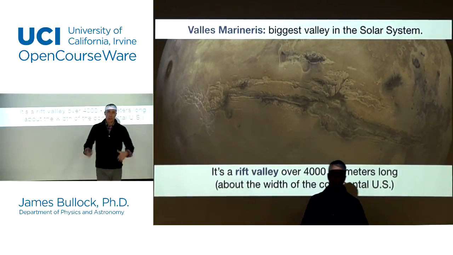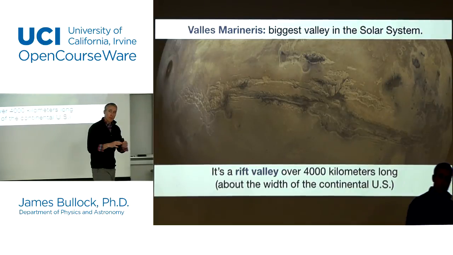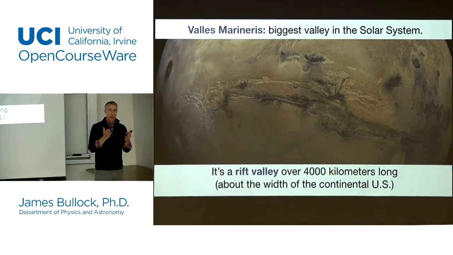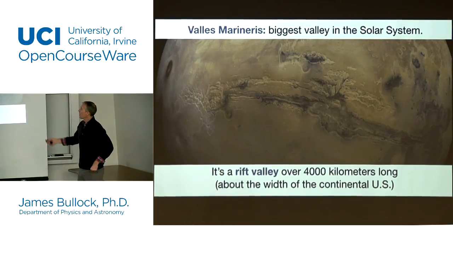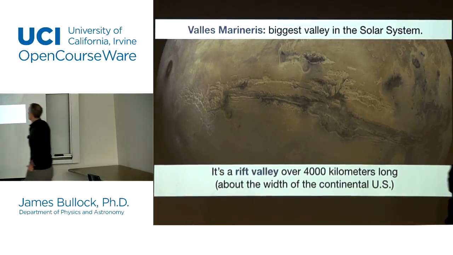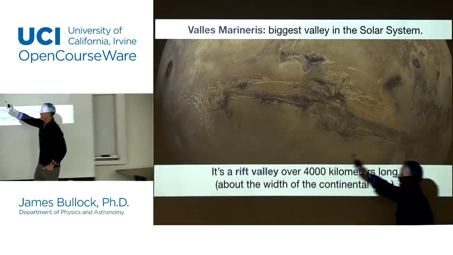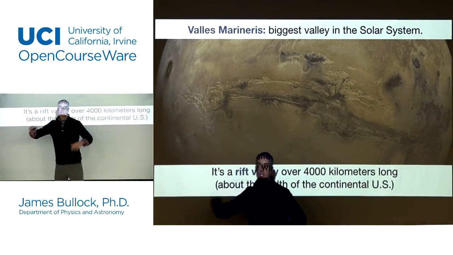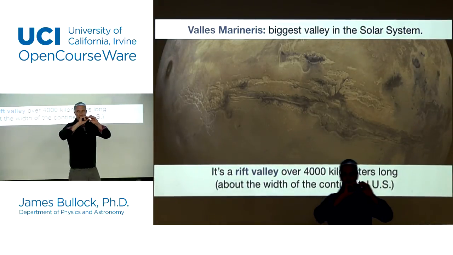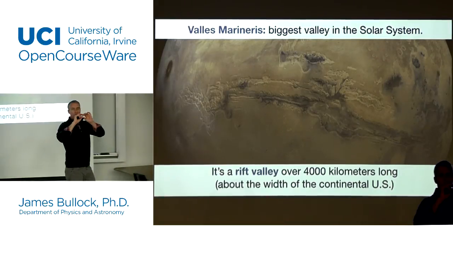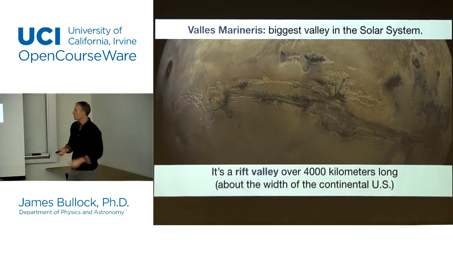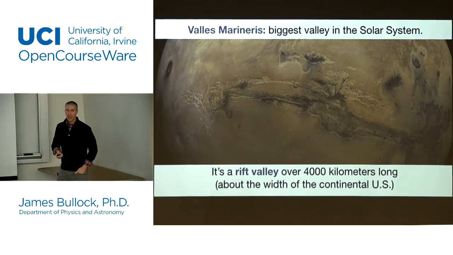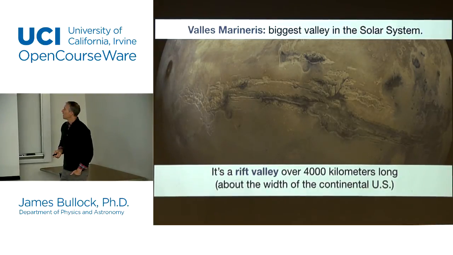On Earth we occasionally have rift valleys where the surface of the Earth is sort of coming apart. But this is the biggest rift valley in the solar system. It's shown right here, right across. You can get a sense, this is the edge of the planet. You can see that this single rift valley is covering almost an entire hemisphere of the planet itself. So it is just an immense thing. It's, again, the largest valley like this in the solar system.